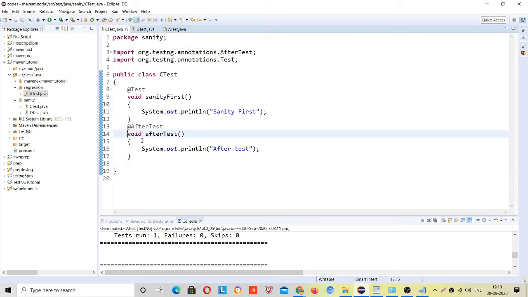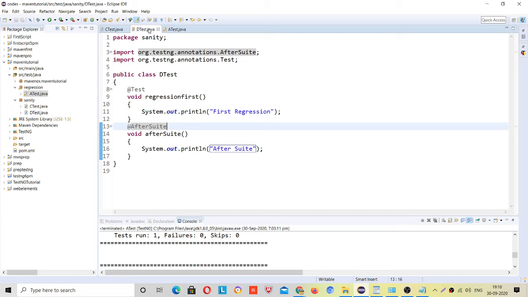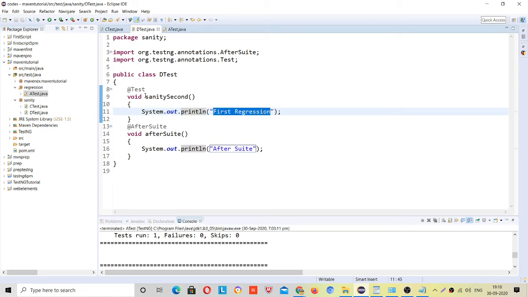C test, after test, sanity first. D test is the class sanity. I am creating any random order, and just because we know what the mechanism for execution will be, we'll first understand.